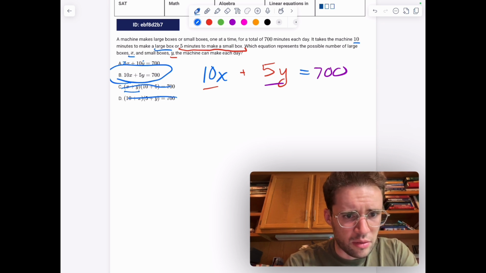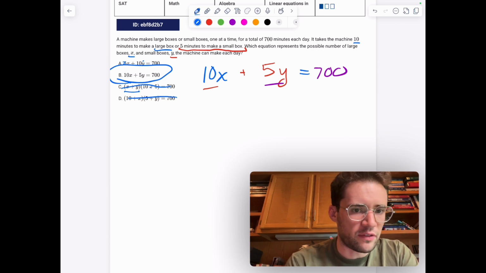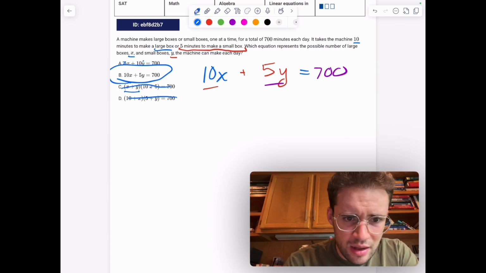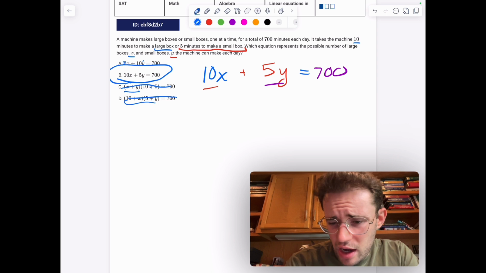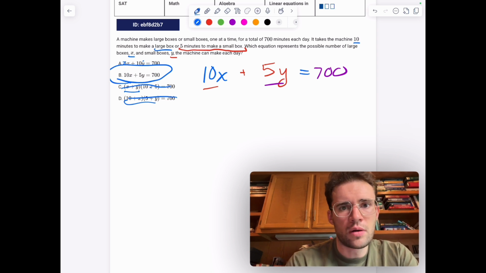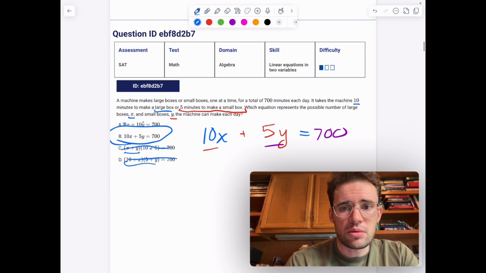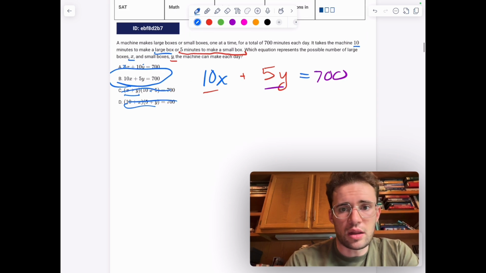Oh, this would only work if each one took 15 minutes, right? Because it's going to ultimately multiply 15, it will distribute to the x and the y. Yeah, that doesn't make sense. And then this one's a quadratic. You're not using a quadratic for this, it's just a linear. Right? Even if you look here, it's a linear equation, but we know it's linear because of the problem that